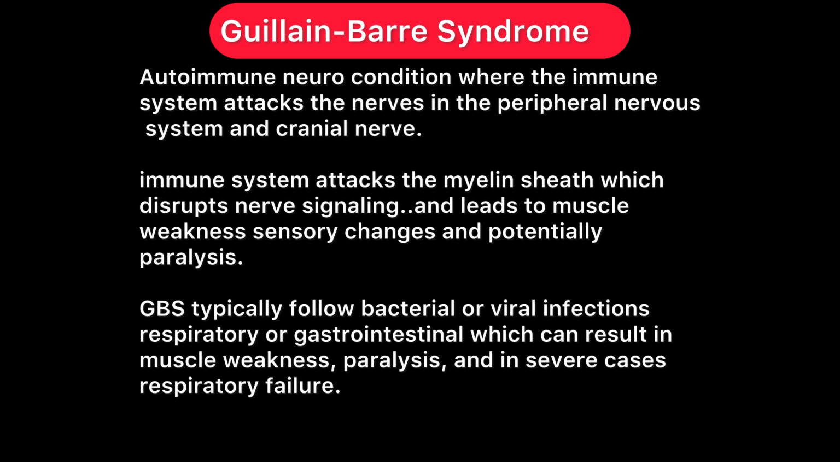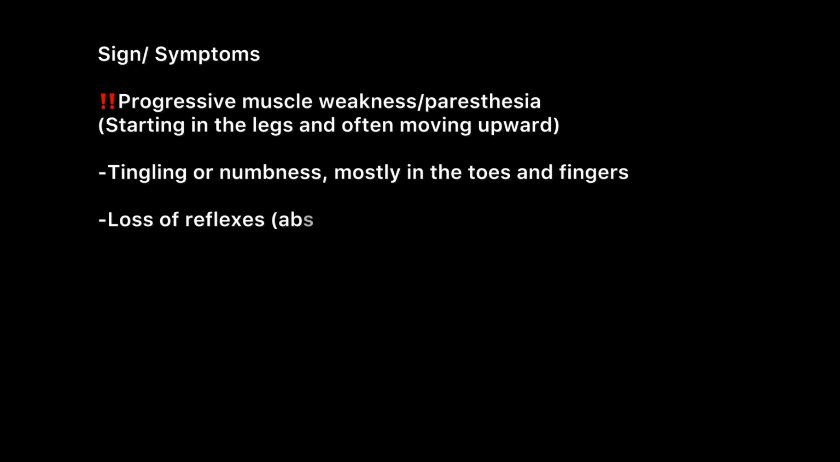This is an autoimmune neurological condition where the immune system attacks the nerves in the peripheral nervous system and cranial nerves. In this case, the immune system attacks the myelin sheath, which disrupts nerve signaling and leads to muscle weakness, sensory changes, and potentially paralysis. GBS can happen to any person at any age. There is currently no cure, but treatment can help decrease signs and symptoms if started within 2 weeks of symptoms. The signs and symptoms are